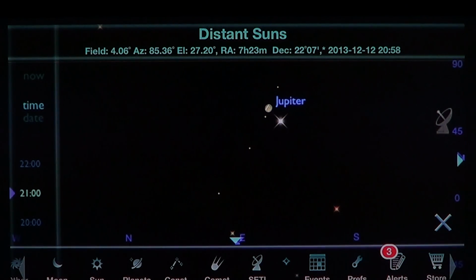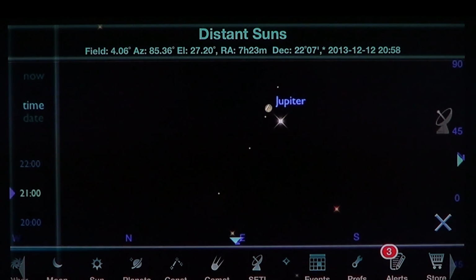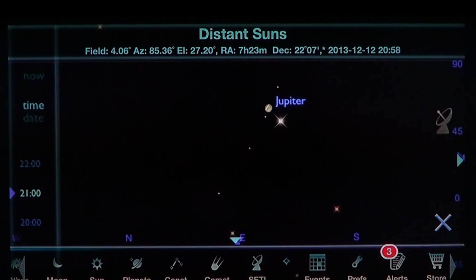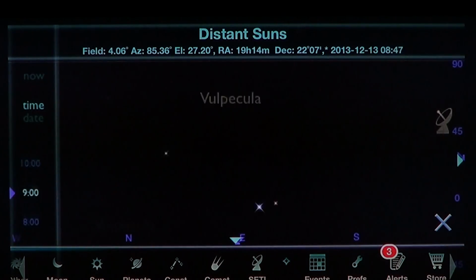It's actually Jupiter moving through the stars. These stars are pretty much fixed in our sky because they move very, very slowly because they're far away. But Jupiter, being in our solar system, moves through the evening sky, so it's slowly moving past that little star there. If we go to Friday, December 13th, and actually I want to emphasize that Friday is a great time